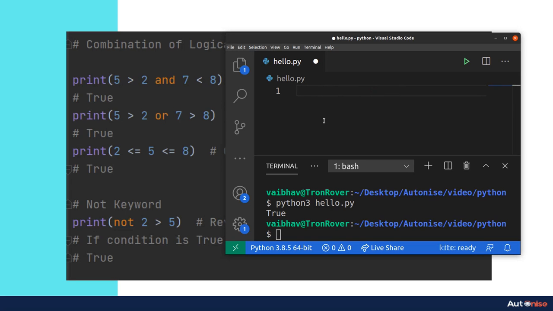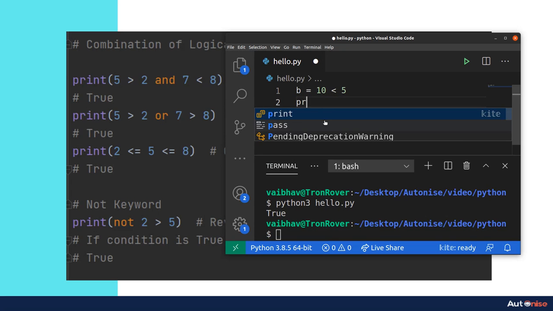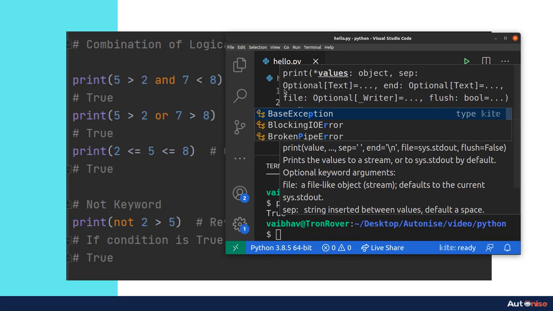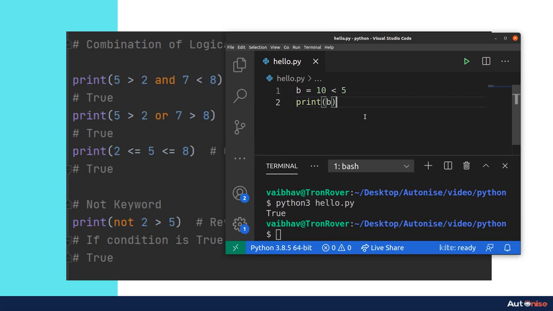Let's save this in our Boolean expression like b equals 10 less than 5. Now print this b. As we saw, b will be a bool and here it will be equal to false as 10 is not less than 5. But we can change this whole expression,